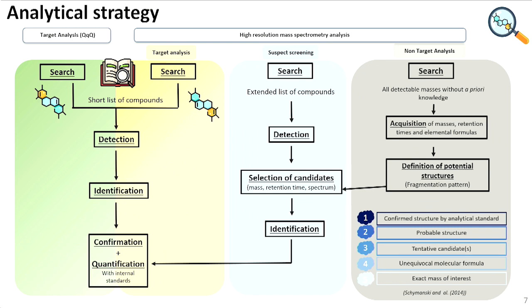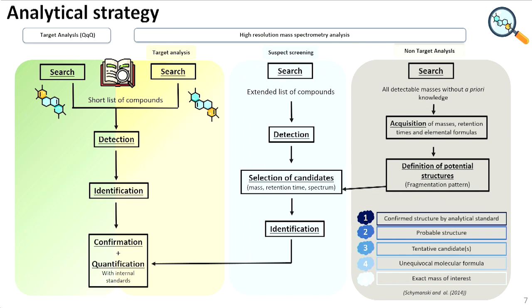The first one is a very specific technique, and it is called target analysis, and its aim is to look for a short list of compounds in the samples. Then the identity of the compound is confirmed with the internal standards, and the quantity of the molecules can be obtained. The second one is called suspect screening, a very specific method, but not only, because depending on its application, it can be